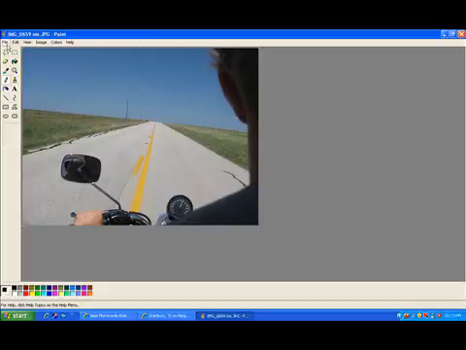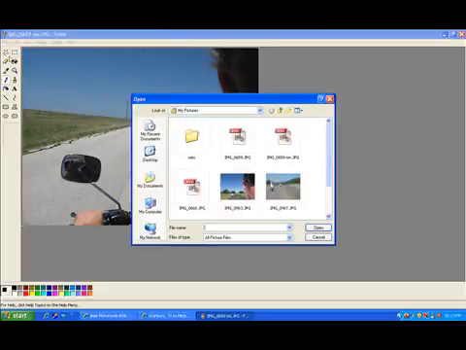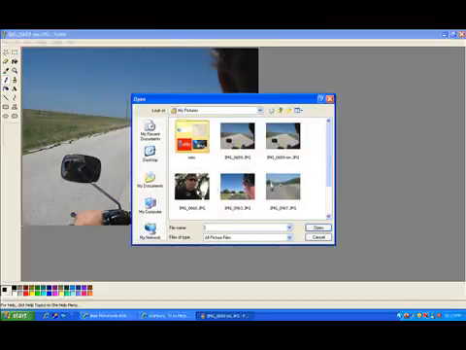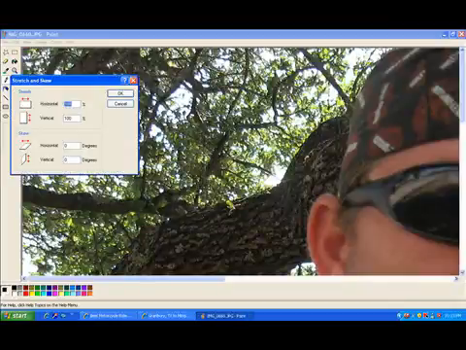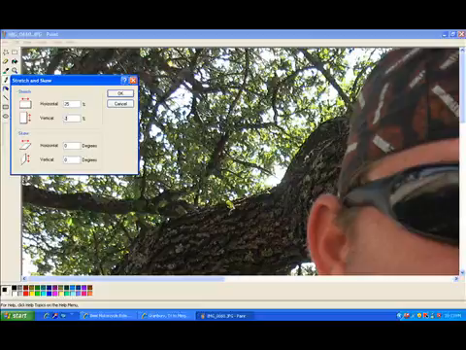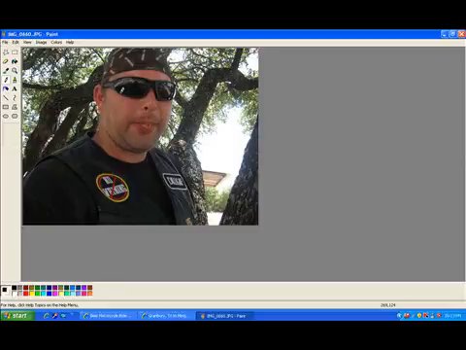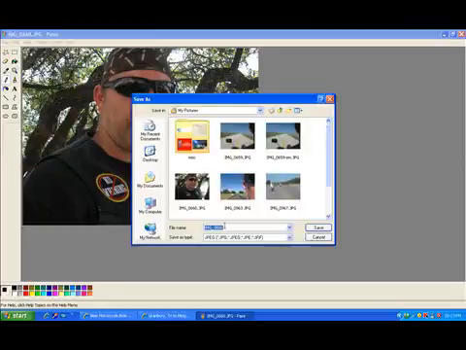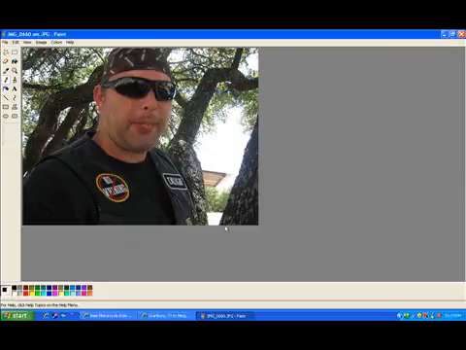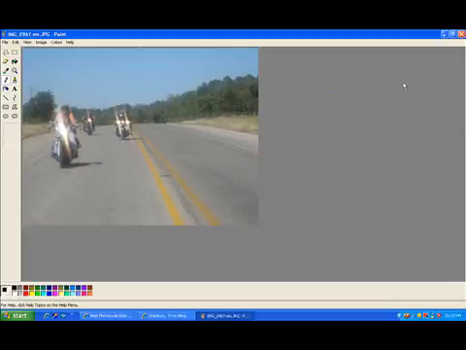Open up the next picture, Image, Stretch Skew, and you may not be 25% depending on your camera. You may be 10% or even less. Save as, and add a -SM to the end. We're going to continue that process for the remainder of them. All right, we've finished resizing all our pictures, so we're going to go ahead and close out of Paint, and